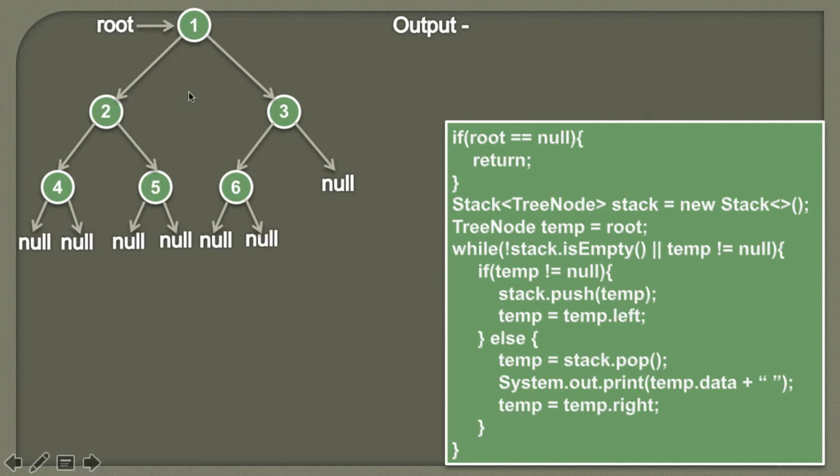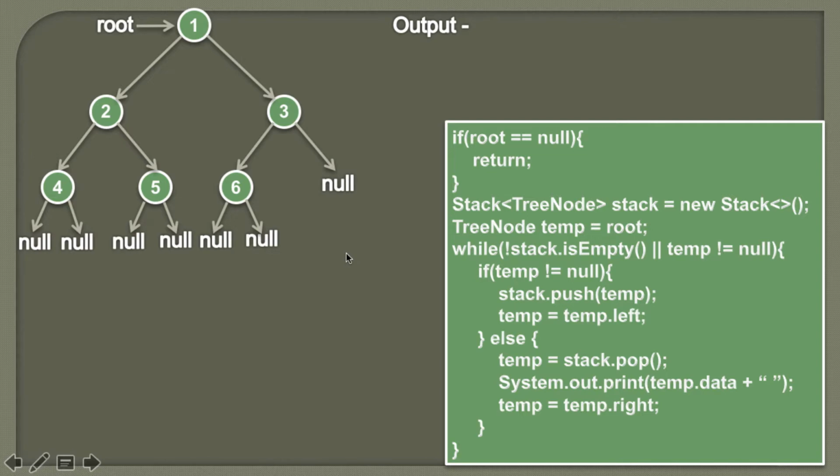So friends, if we apply in-order tree traversal over this tree, then before visiting the node 1, we have to traverse its left subtree, then we have to visit the node, and after visiting the node we have to traverse its right subtree. When we start with the node 1, we have to go to its left subtree first, and as we go there, there is no way we can reach node 1 again. Therefore, we need an additional data structure which can hold this node, so that once we complete visiting the left subtree, we can pull the element out of that data structure and visit it. And after visiting it, we can go to its right subtree.